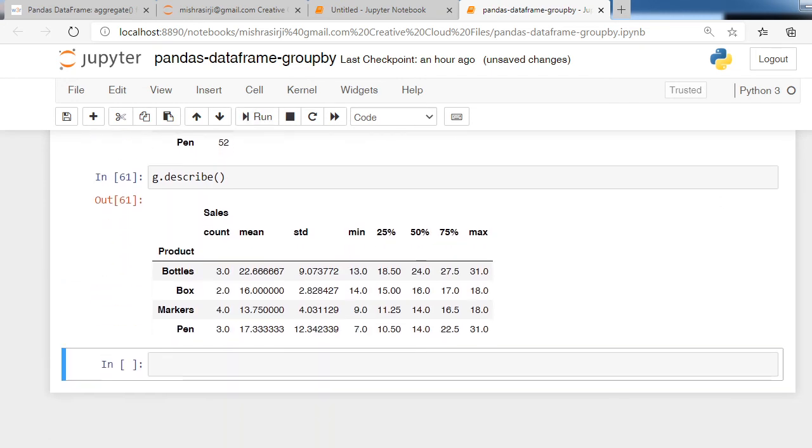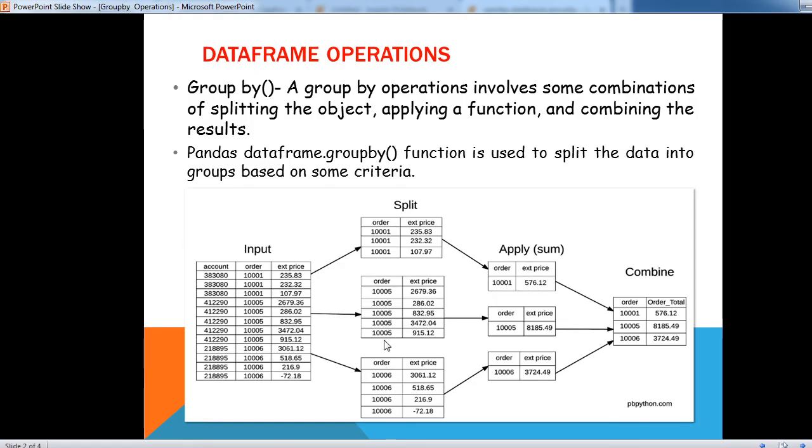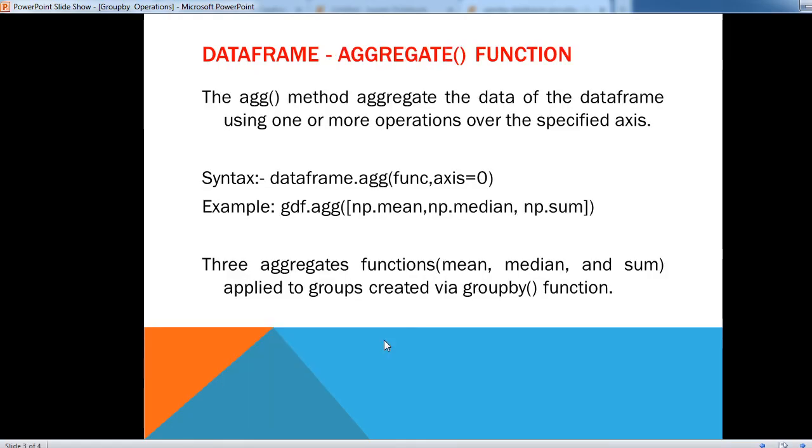So we have seen in the output total number of items, mean value, standard deviation, minimum value, maximum value. Okay, now move to the next topic, that is data aggregation.